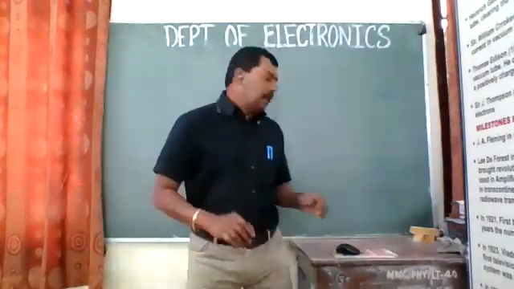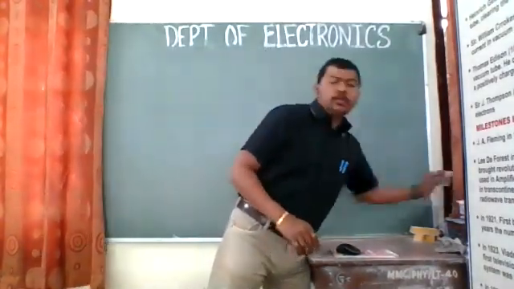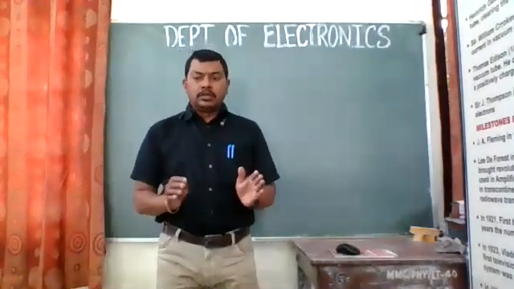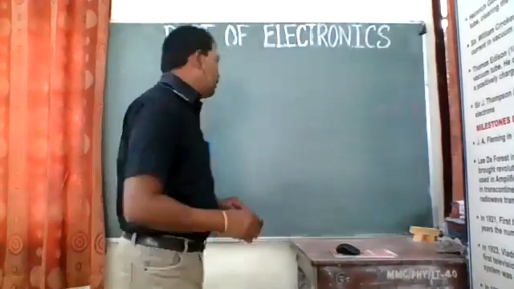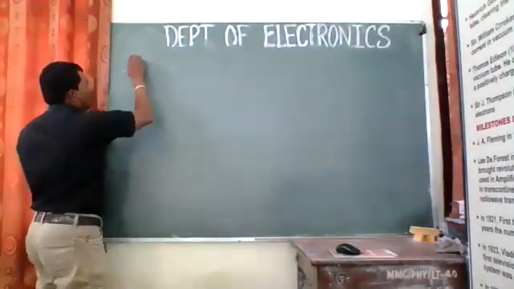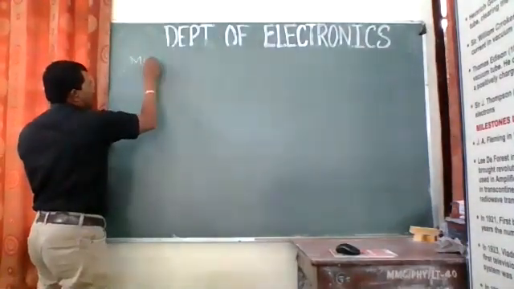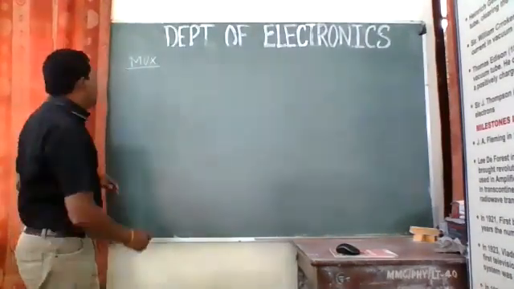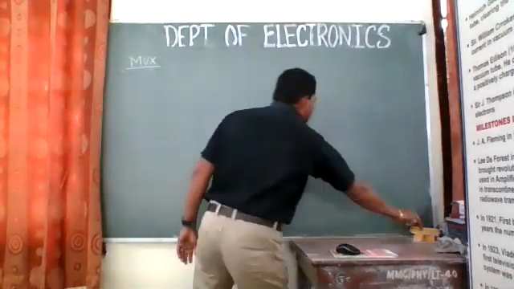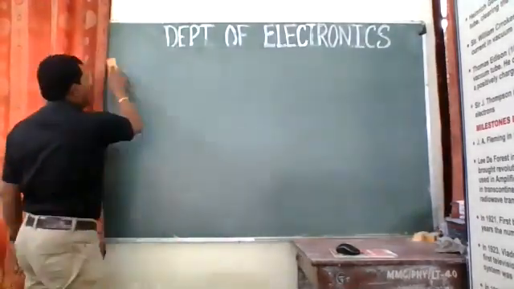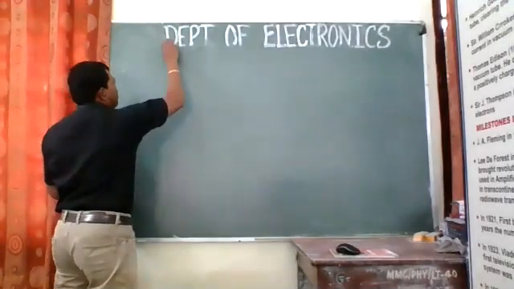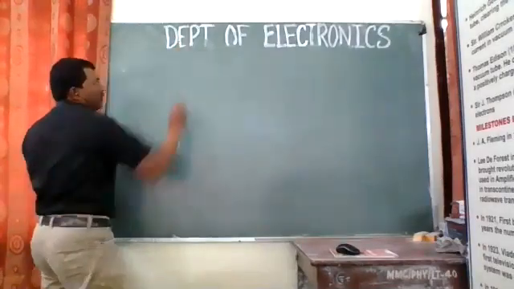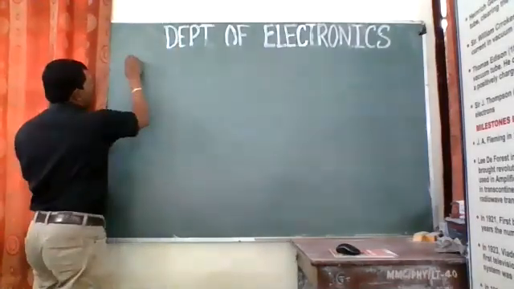Today we are going to study that, and I expect from your side that you might be able to draw those circuits in presentation. So we'll be starting with this. So the first one is the MUX. I guess I expect that it is visible to you. So we will be studying this MUX, right? So MUX means multiplexer, and actually it is many inputs to one. So that is MUX. Let us start with that.